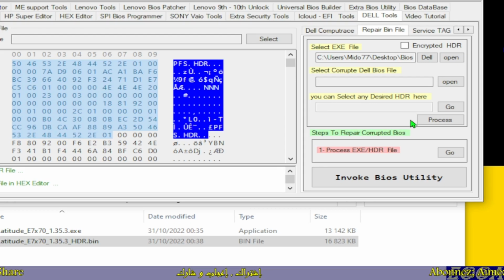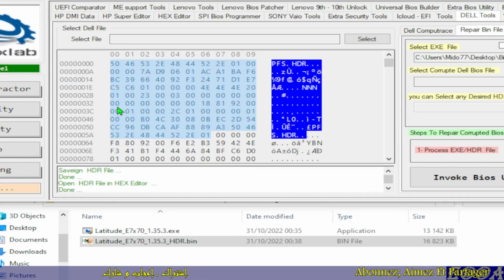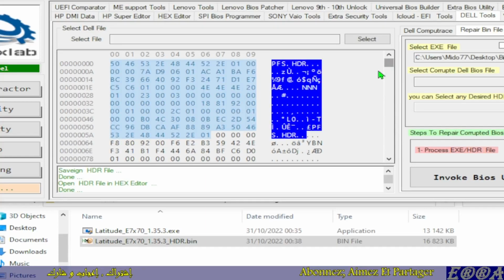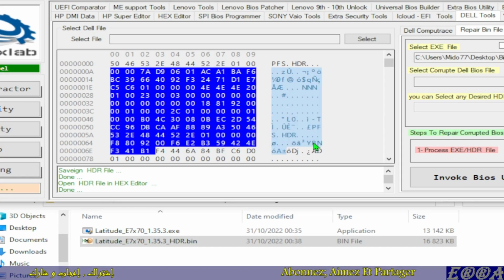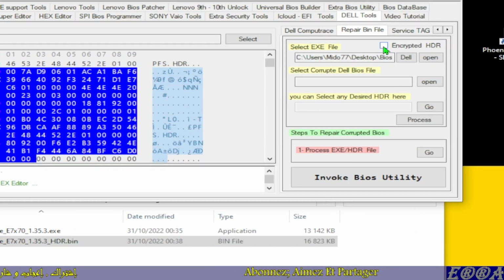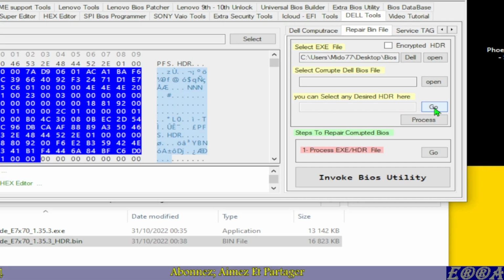As far as the tool managed to extract it from the executable file, it's automatically opened there in this built-in editor, which shows us the structure of the HDR file, from which we can know if it's encrypted or not. If it's encrypted, you have to check here encrypted HDR and proceed again. If it's not encrypted, like in our case here, you keep this unchecked and you go to the next step,